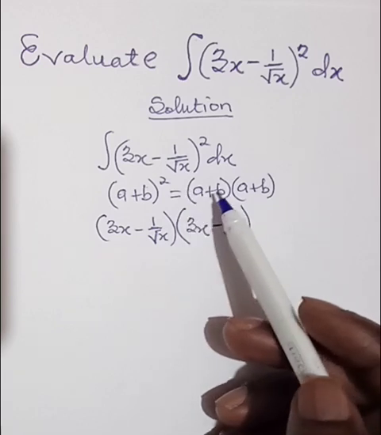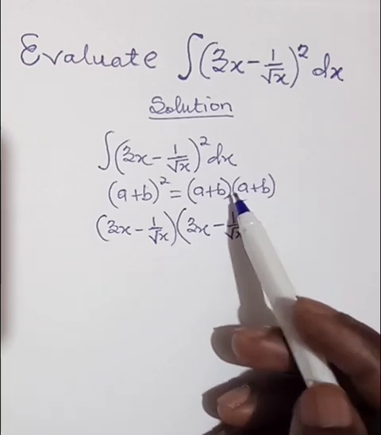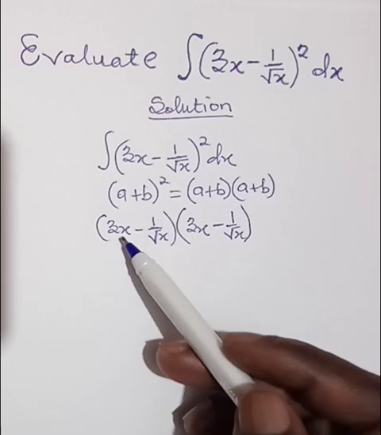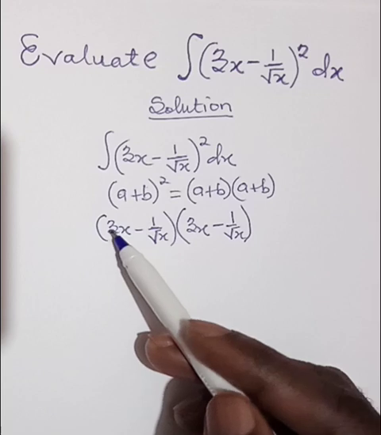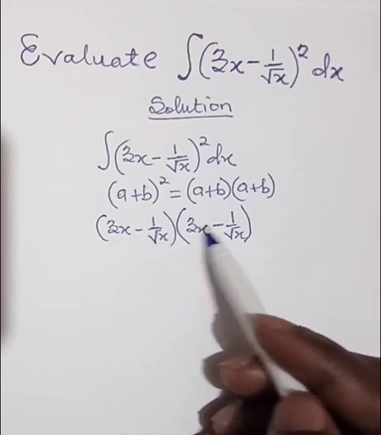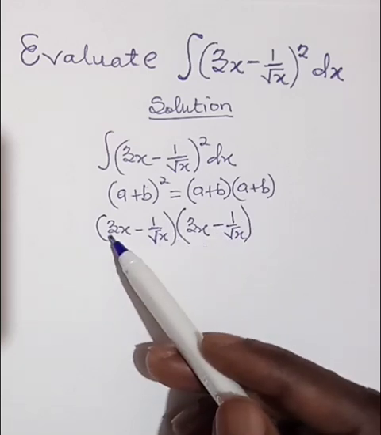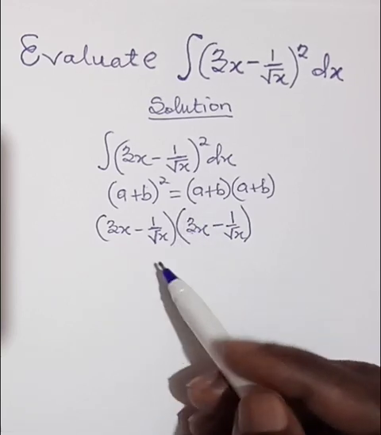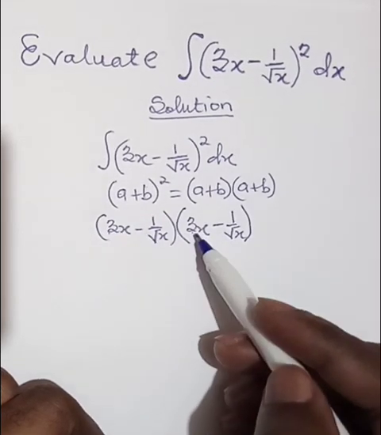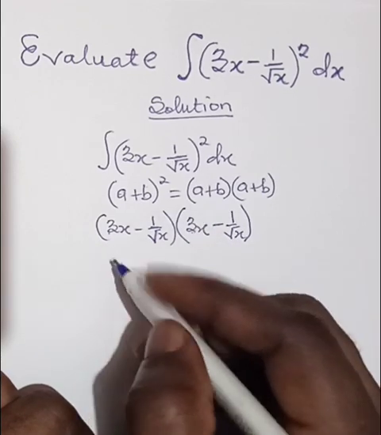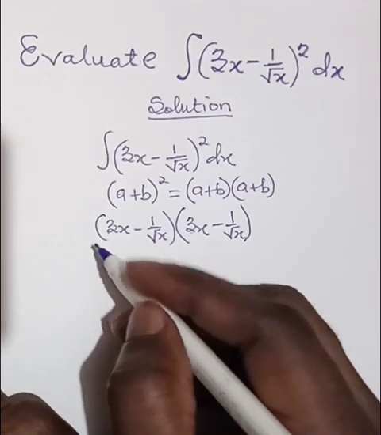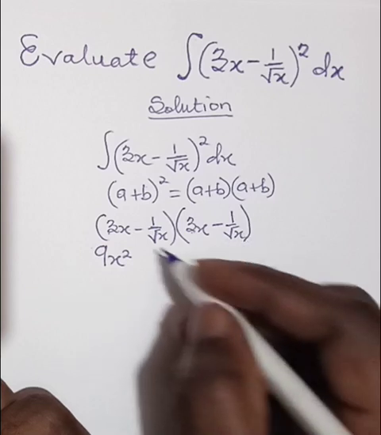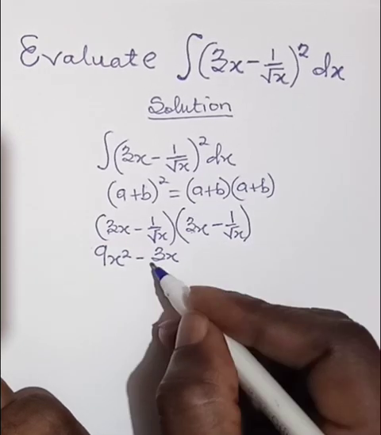You remember when we are doing algebraic expansion, or opening the bracket, what we did. If you can recall, we are going to use what is in the first bracket to multiply what is in the second bracket term by term. That means we take the first term in the first bracket to multiply every term in the second bracket. Have you gotten that? Good. So I will pick my first term, which is 3x, and multiply by the 3x in the second bracket. So 3x times 3x gives me 9x squared, and 3x times negative 1 on root x gives me negative 3x all divided by